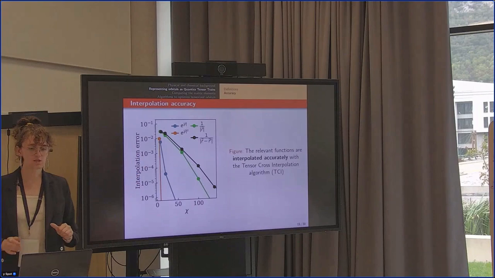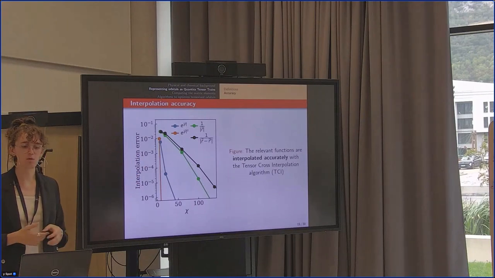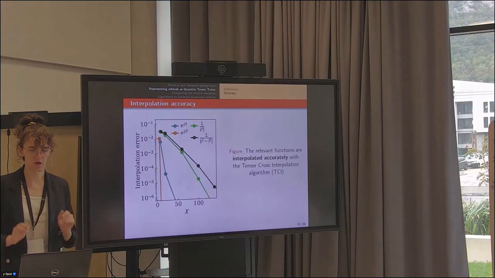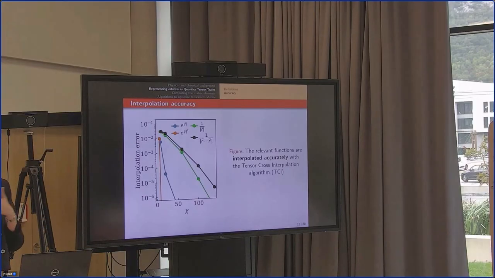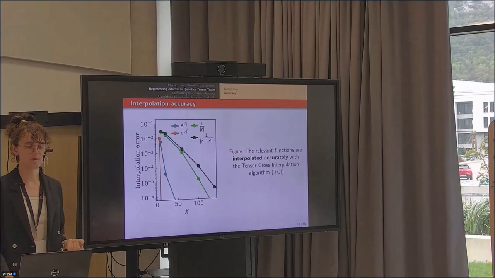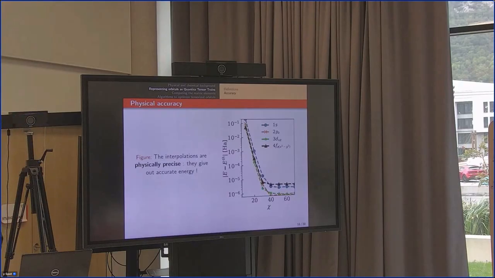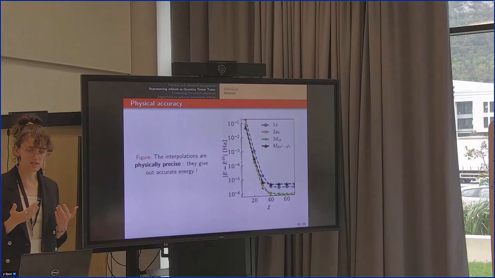In all these cases, we managed to get a very good accuracy for bond dimension slightly above 100. At 150, we get very good interpolation for all these functions. This is good. This means that we can use MPS to interpolate these functions and then make computations at a cost that is moderately low. But then there is another question. We see that they interpolate well, but does this interpolation mean accuracy in terms of physics?